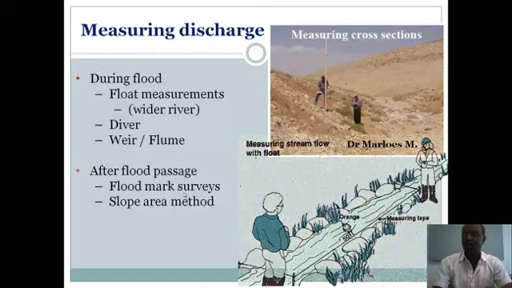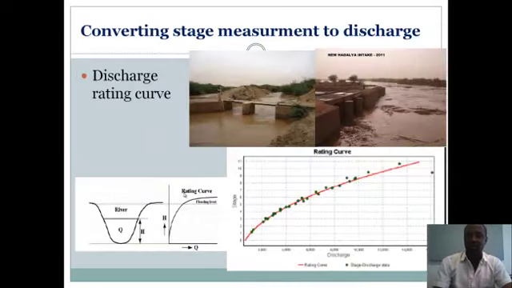The other is the slope-area method, just to measure what the slope in one reach is, and then the cross section again at the flood mark, and it's still possible to follow such kind of things. But still what we have measured is flow depths. Then we need to convert it into discharge, and that is what we actually need more or less at the end. Converting stage measurement to discharge is possible in different ways.